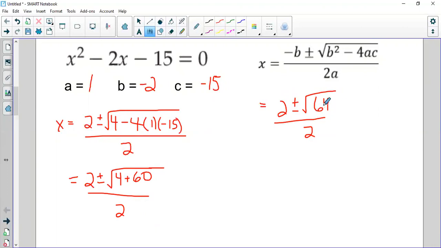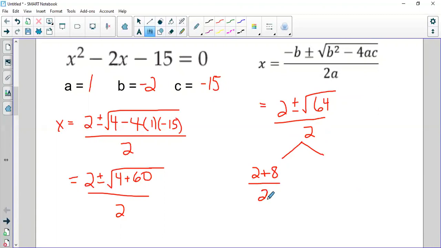Well, that's real nice because 64, that's a perfect square. The square root of 64 is exactly 8. So it's going to make my answers really nice. This is where I use this plus or minus symbol. So now I'm going to split it up into 2 separate answers. One using the plus. So it'll be 2 plus, well, that square root of 64, that was 8,